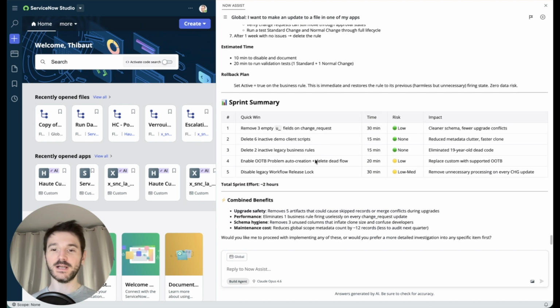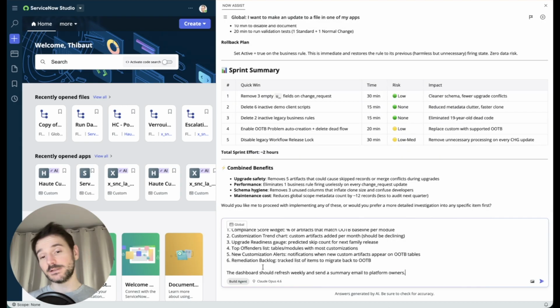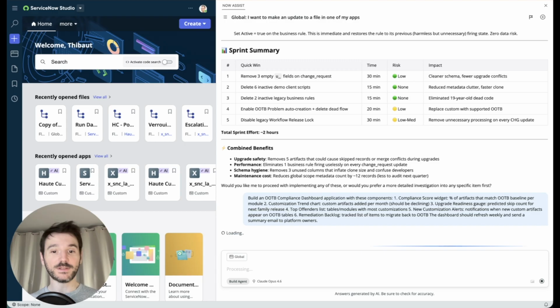It gives me this summary. It tells me roughly how long it could take, the value, the benefit, obviously, of all this. In fact, I just have to tell it here, okay, implement these changes, and it can set them up on its own. Once that's set up, what could be interesting is why not ask it now to build a dashboard